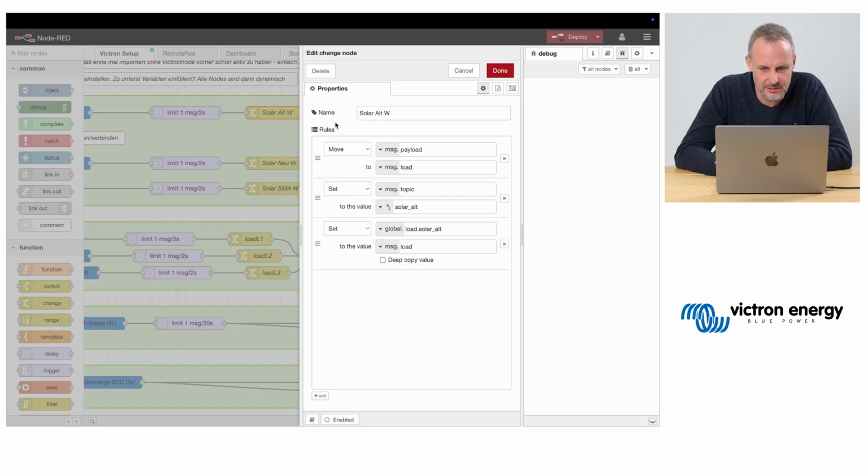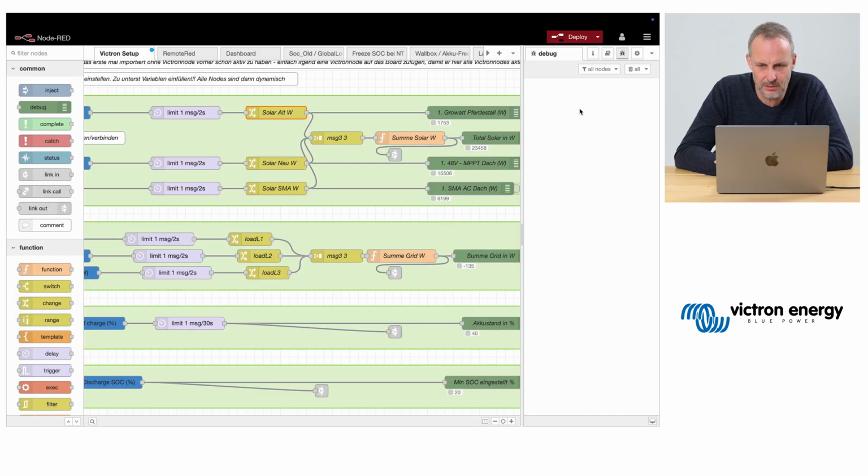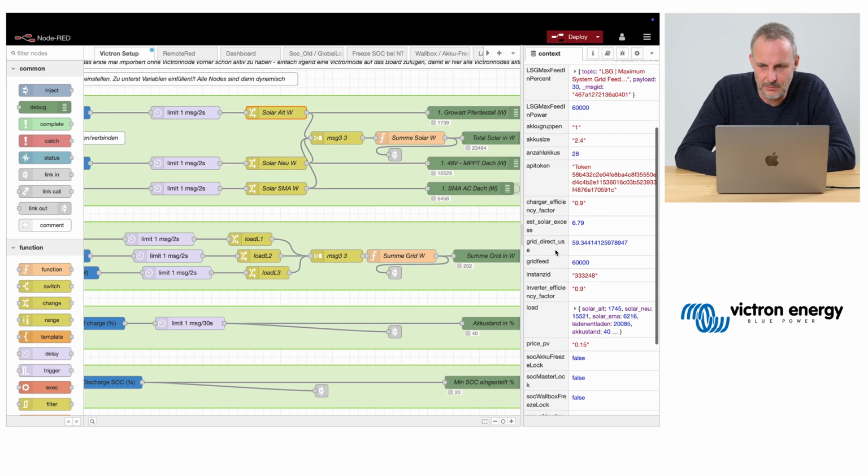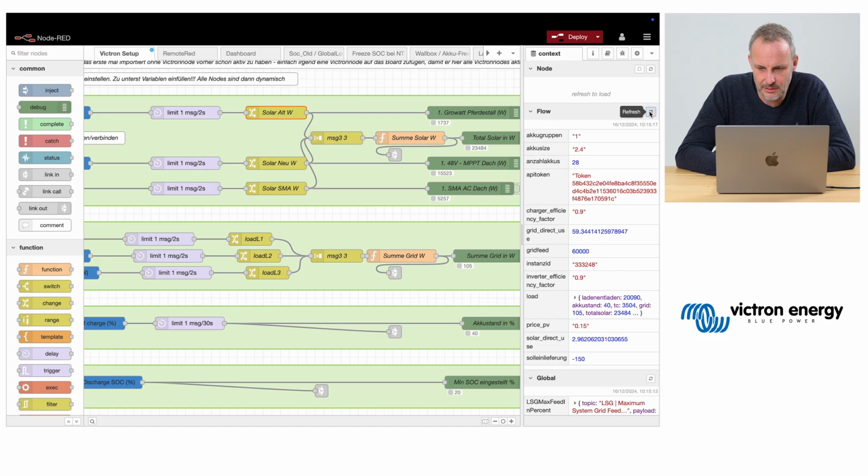And it switches here, it changes some settings, sets the message topic, sets the payload, also stores the value in the global context, which we've seen in the previous video, which is also linked below. In the context data, we have a lot of values here, and also some local ones.